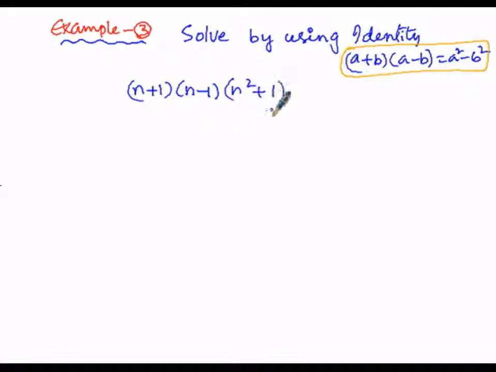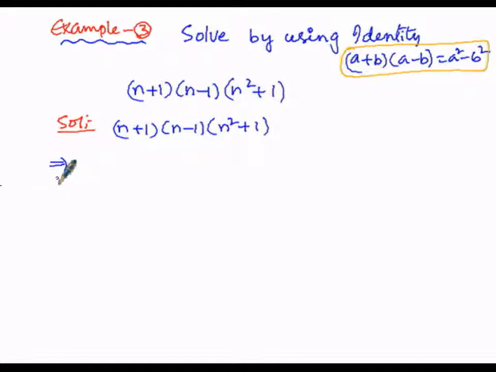So, here we have to solve this condition by utilizing this identity that is (a plus b) into (a minus b) is a square minus b square. So, here the solution starts. In our solution we have to find out the product of all these three expressions, that is n plus 1 and n minus 1, and the third expression is n square plus 1. So, here that implies,